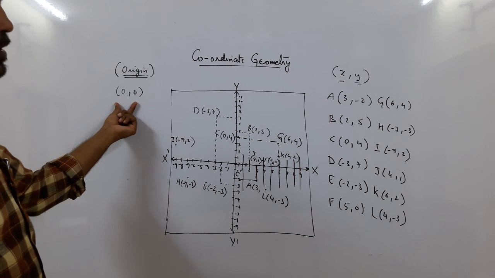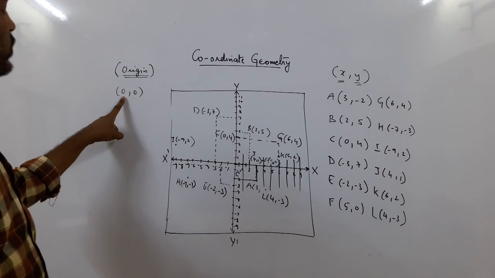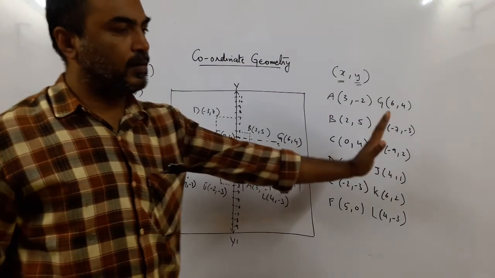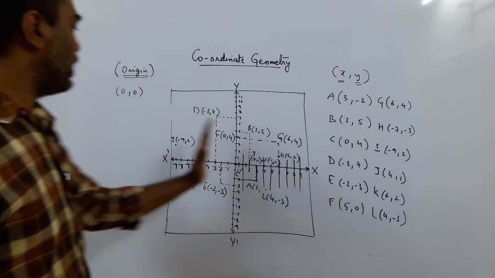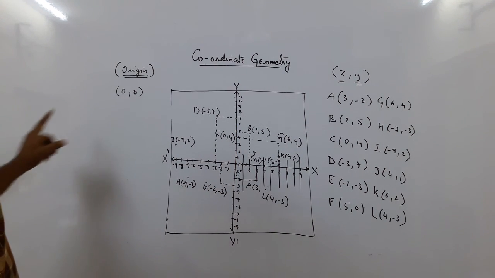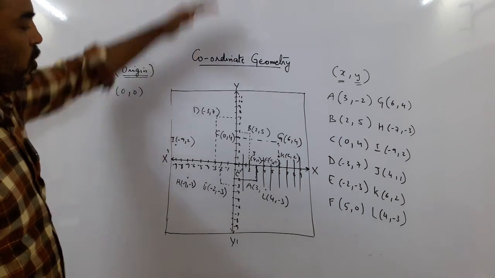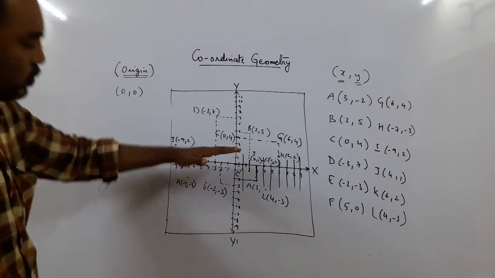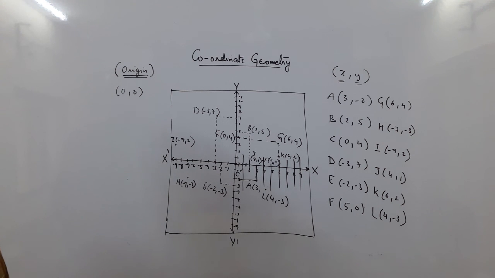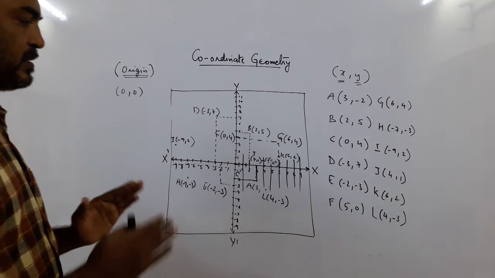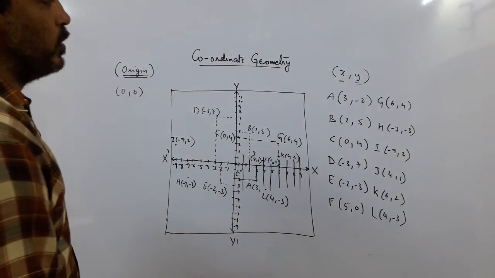And now we have got two coordinates to show the location. The first coordinate is x coordinate. If it is positive, the point lies on the right. If it is negative, the point lies on the left. And then is the y coordinate. If the y is positive, it lies to the top of the origin. If it is negative, to the bottom of the origin, below the origin, right? So this is what you have seen. Is it clear? So this is the idea. The origin is the reference point when we stand actually to see all the other points.